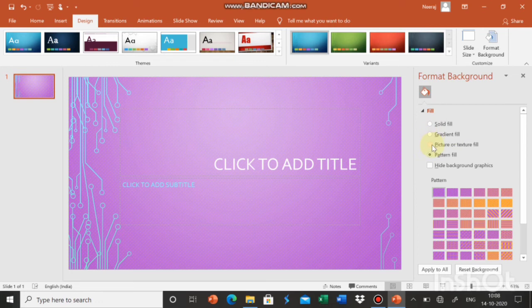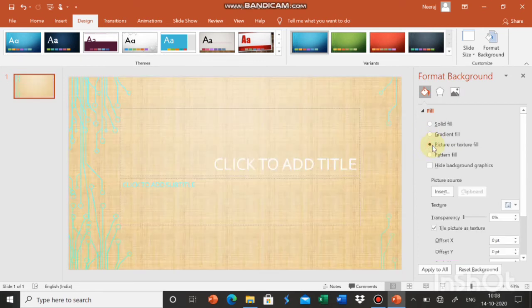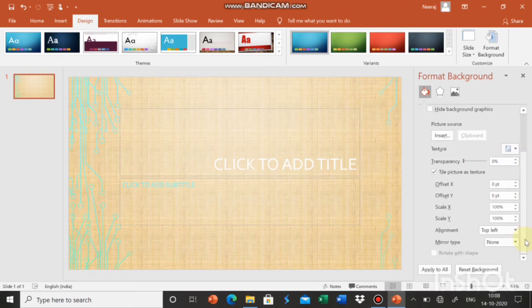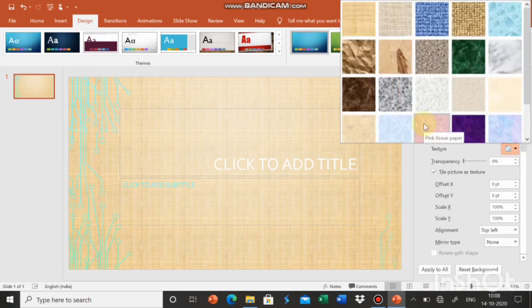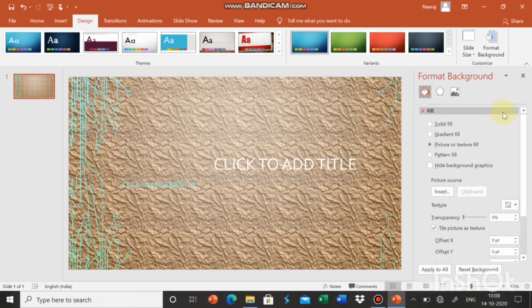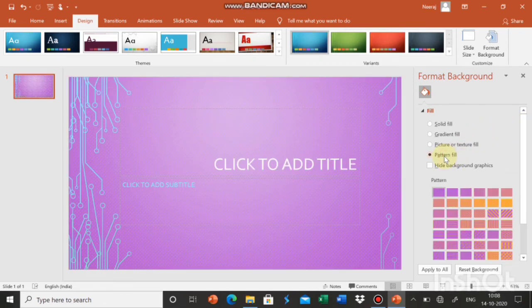Next is picture or texture fill. You can add different pictures, or you can choose any texture which is available in the PowerPoint. Let's see different types of textures like this one. These are the different types of textures which you can add in your slide. Next one is pattern fill.